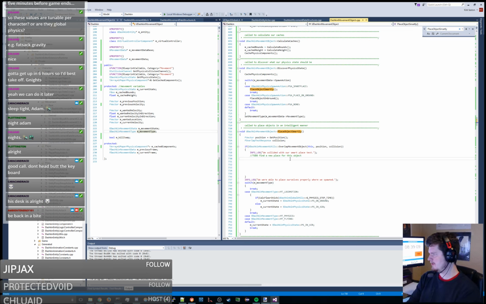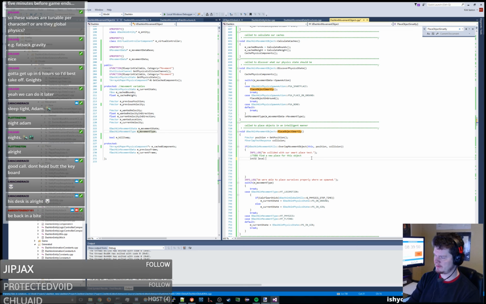So we're going to have a maximum number of tests. So we do need a const. It's going to be a static constant int32 g max smart object place tests. I think that's going to be like, just set it at 100. And we're just going to move out and follow this grid. So it's basically going to be,